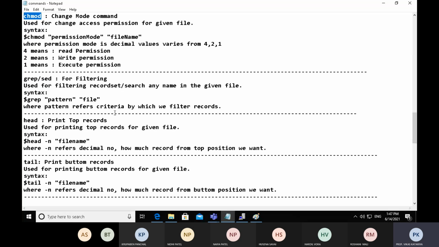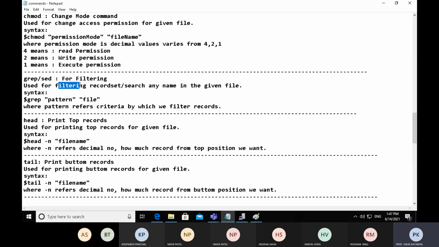Now the next commands are grep and sed. If you want to filter records from a given file, as you filter by using an SQL query, in the same way you use grep.